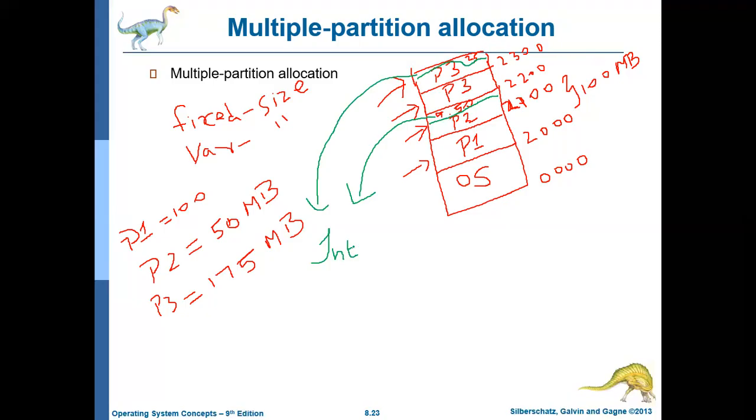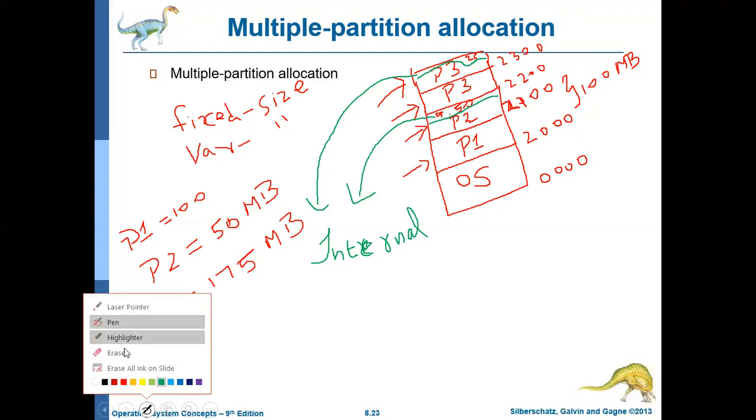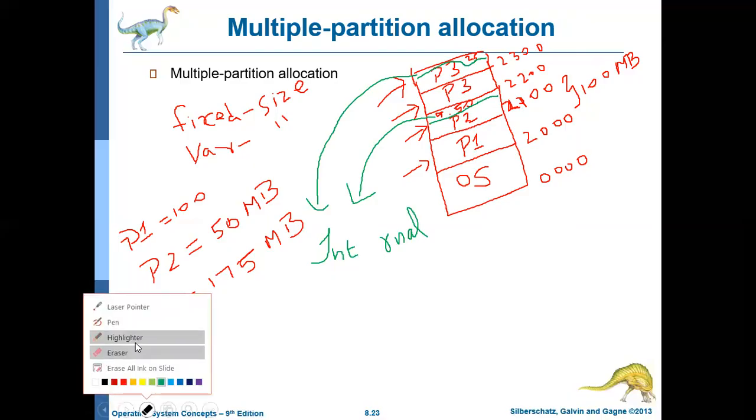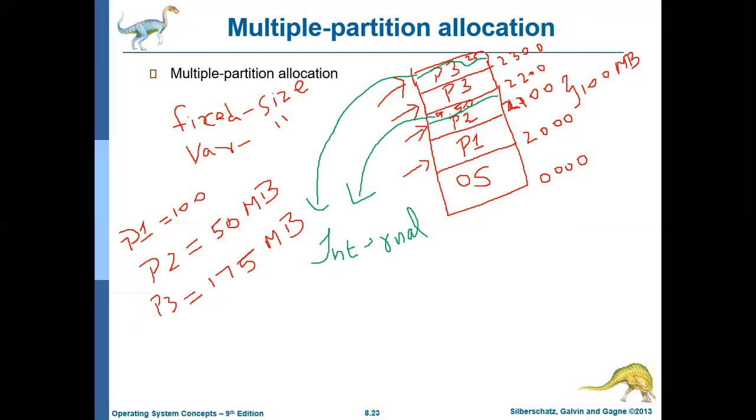That is, it is split into pieces and becomes unusable. The fragmentation that is created due to fixed size partitions is called internal fragmentation.